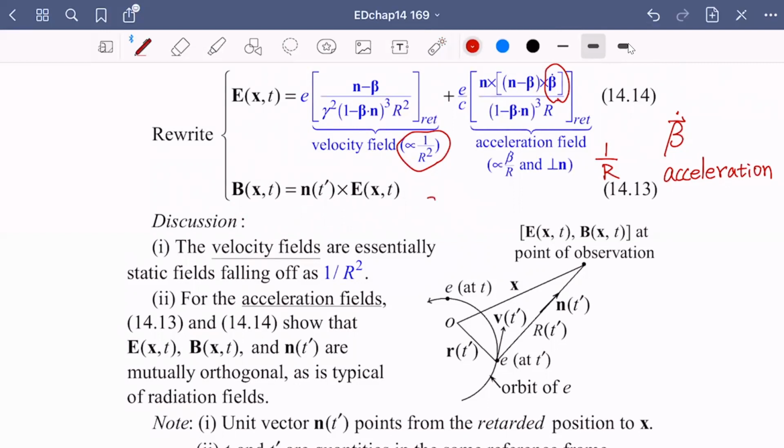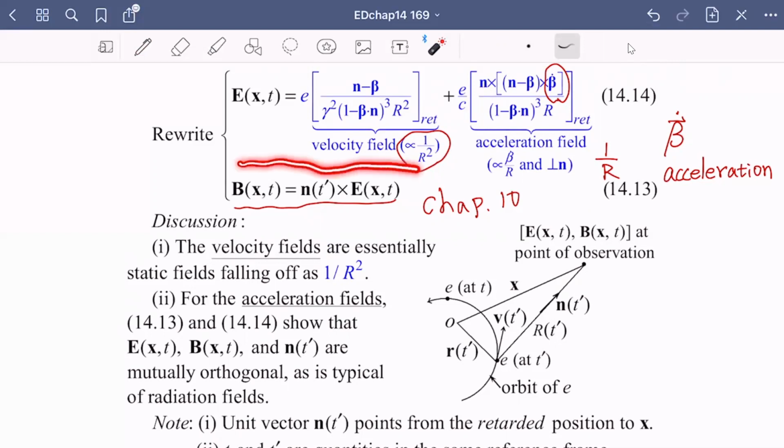Chapter 10. Okay. Outside the source, the E field and B field have simple relations. Okay, so we divide it into two parts. Let's discuss